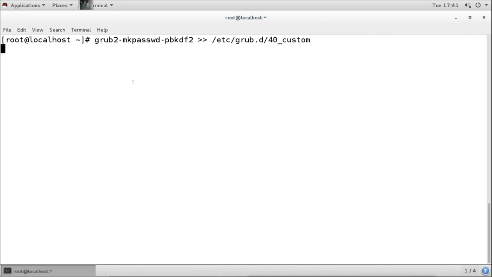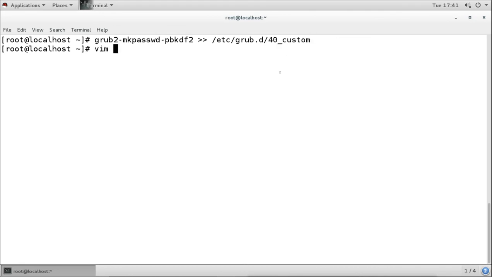Now again nothing happens because the next thing is to re-enter the password. It is asking me to re-enter the password, but the output is going into the file. So I will re-enter the password, ABCD, and press enter again. This time I didn't get any output because the output has already gone into this file. Now let's see the file.